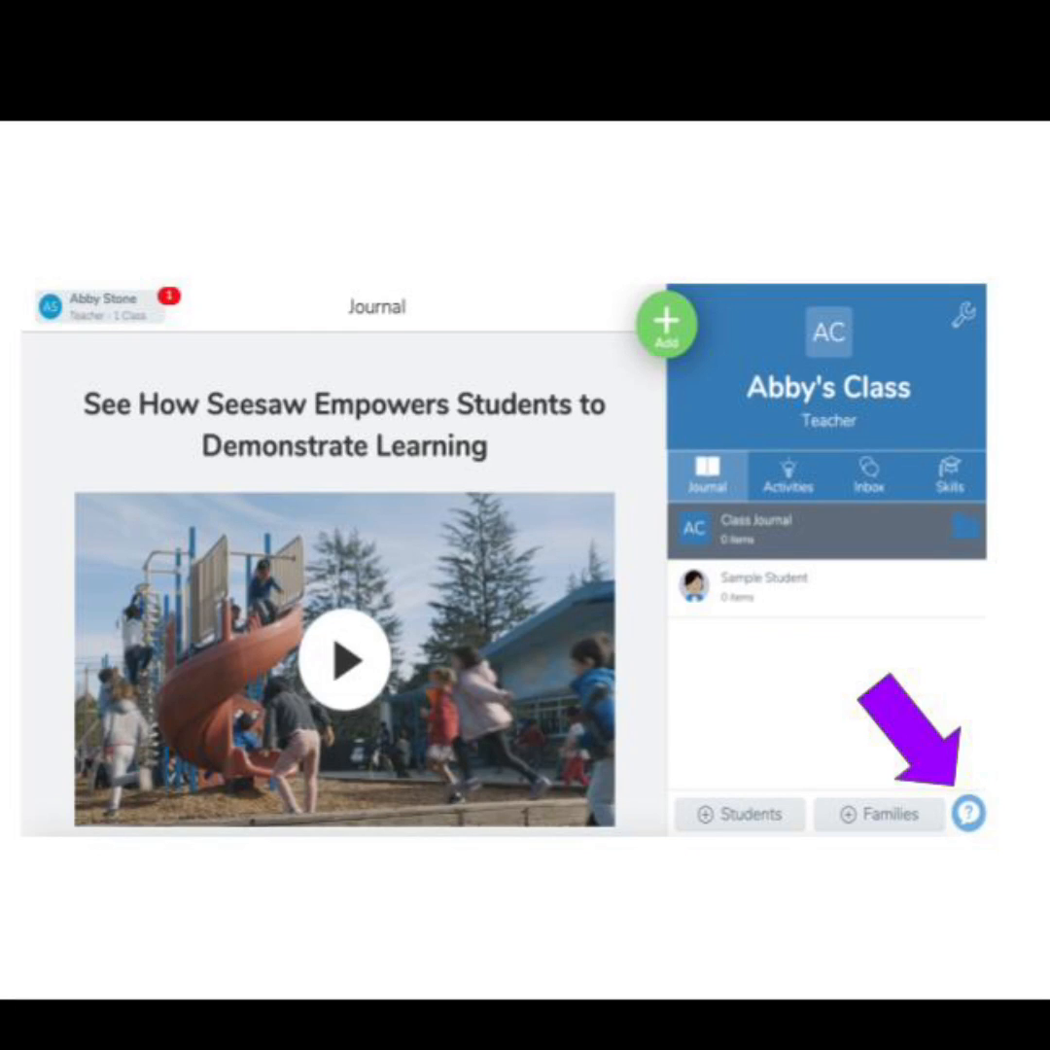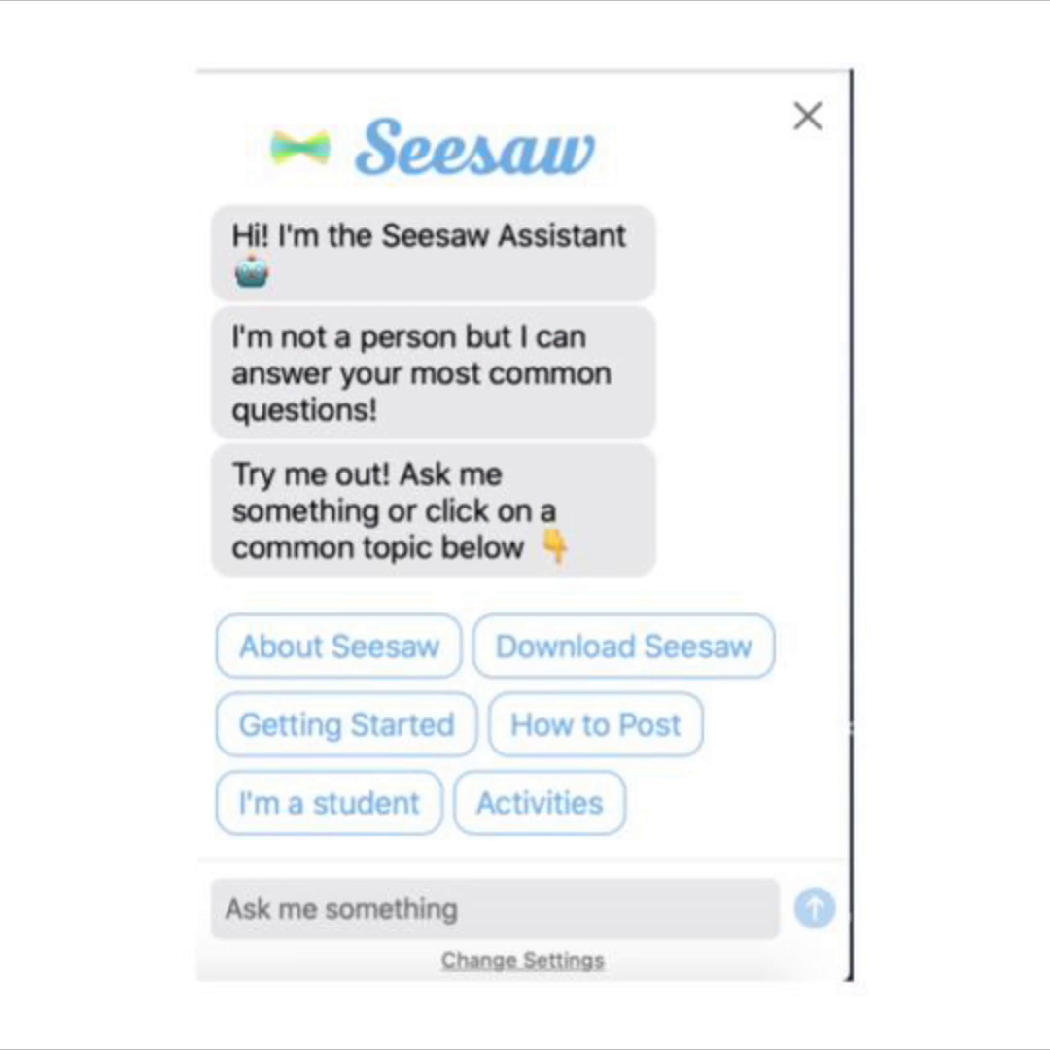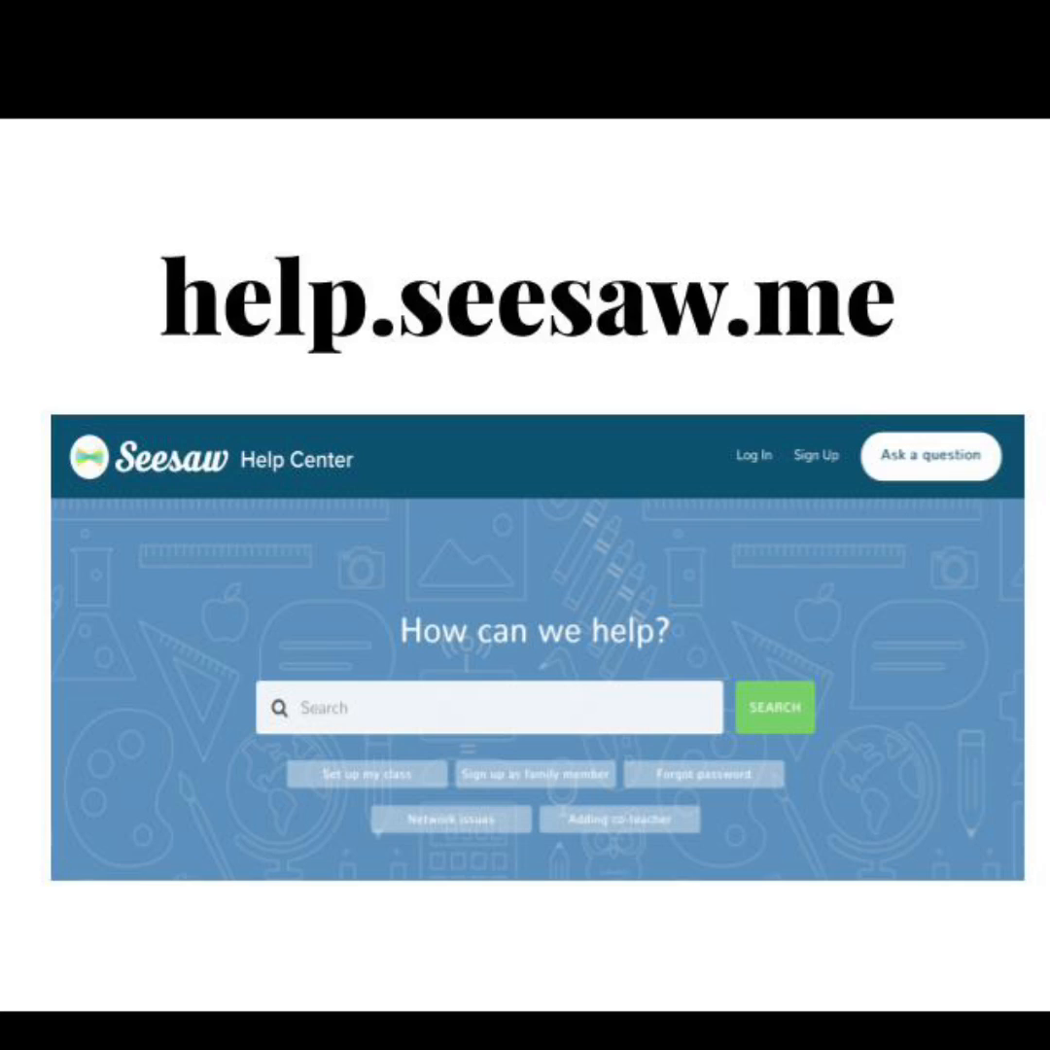And before we let you go, if you have other questions about this or anything else really, we want to give a quick shout out to the help function here on your teacher dashboard. This nifty help bot pops up and can answer your questions. Or go to Seesaw's Help Center at